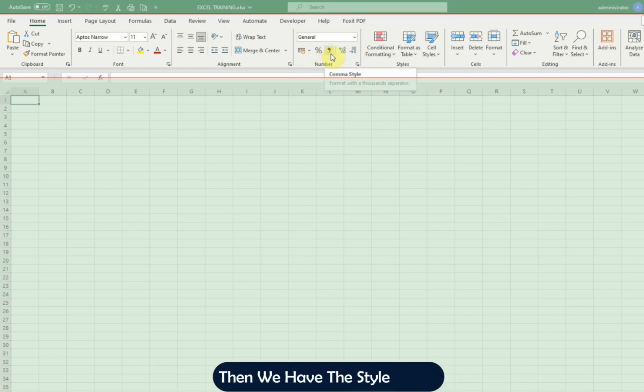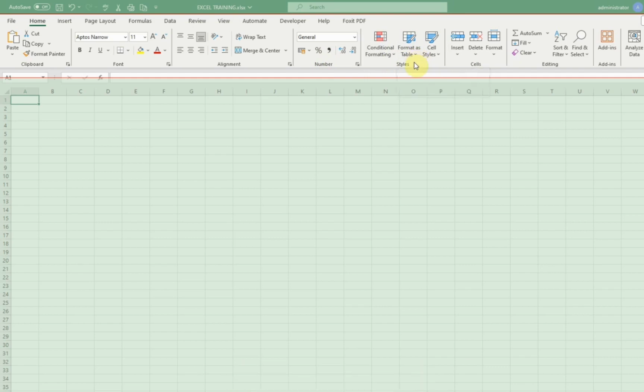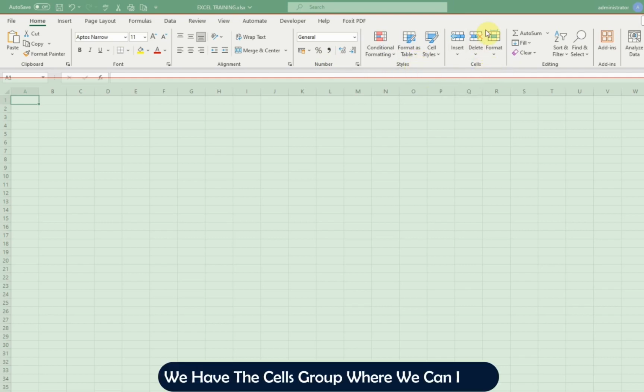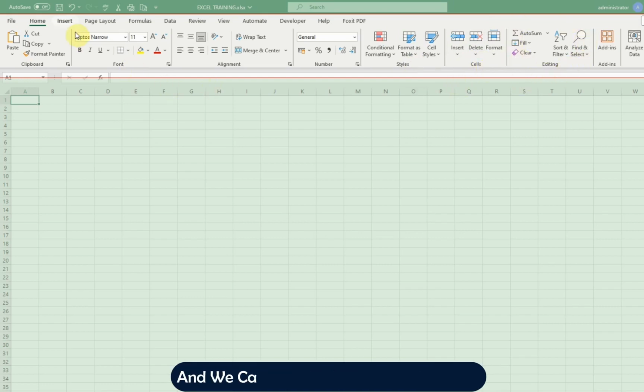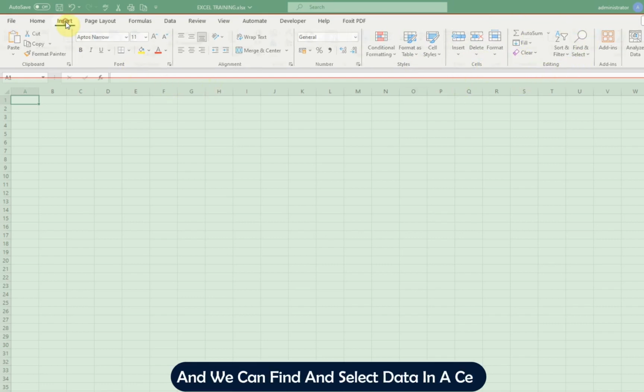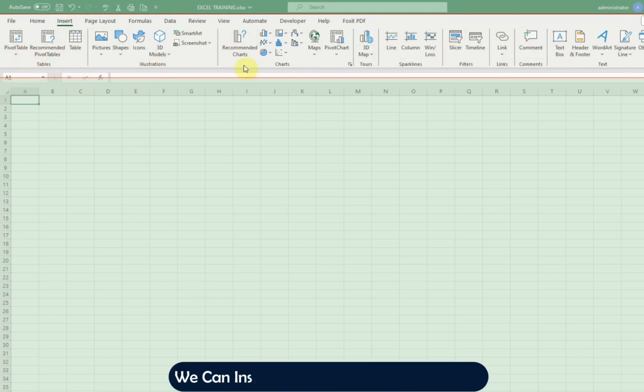Then we have the styles group where we can do conditional formatting, we can format data as a table, and we can style our cells. We have the cells group where we can insert, delete, and format cells. The next is the editing group where we can sort and filter, and we can find and select data in a cell. The second tab is the Insert tab where we can insert tables, we can insert pictures, we can